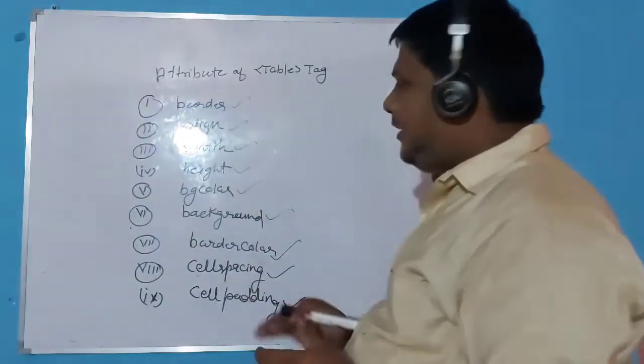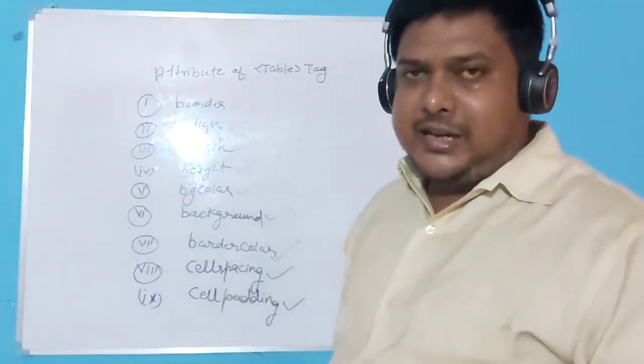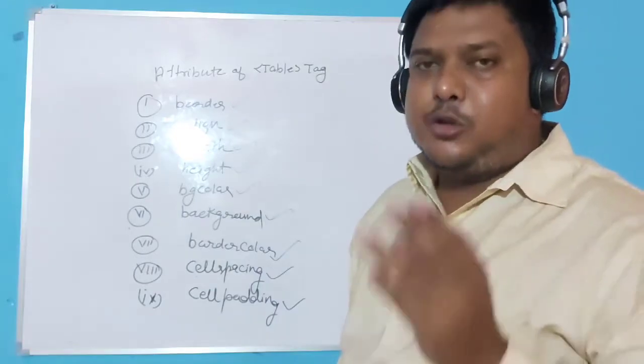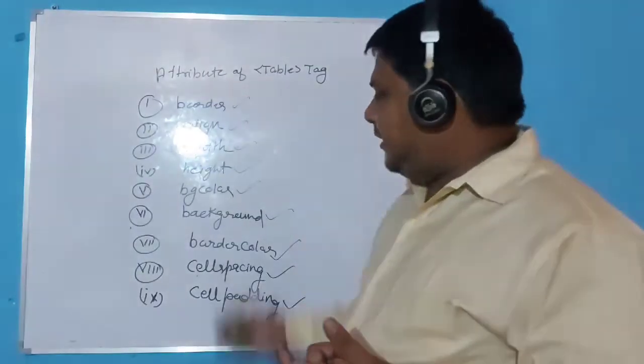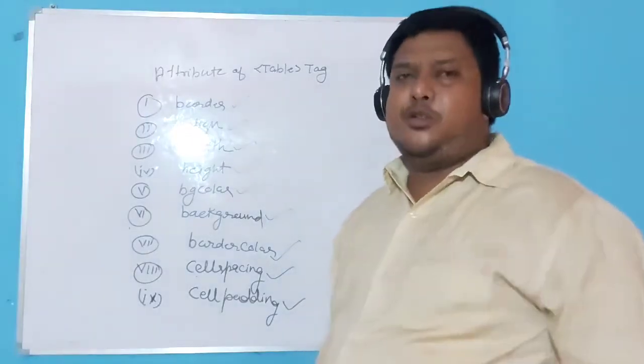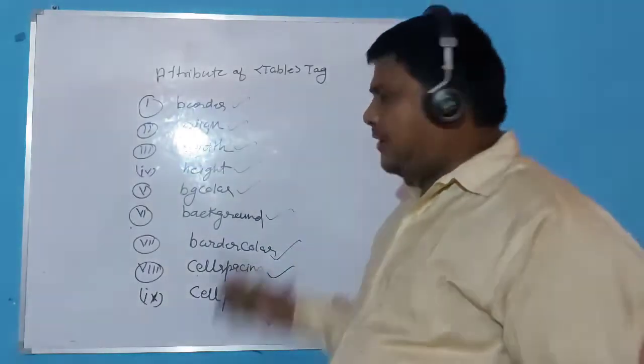The list I have written because sometimes in the board examinations they are asking, okay, write the three attributes of each tag, and they may give the table tag. So any three you can write. You can explain also with the syntax and with the example. Clear? So my dear students, one by one we will discuss.